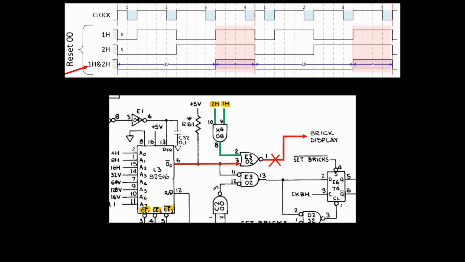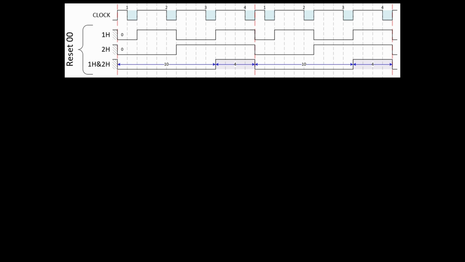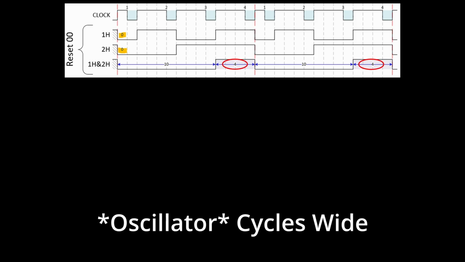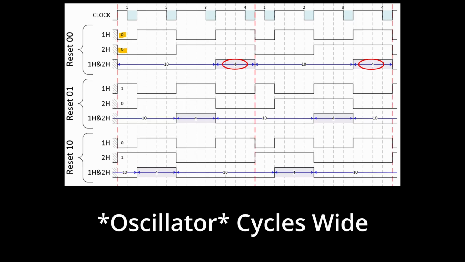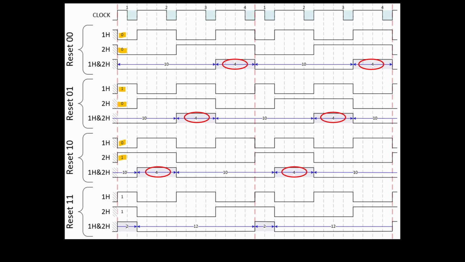The video counters have random values at power on, so the combination of 1 Henry and 2 Henry can start in 4 different states. I'll leave the clock waveform alone for reference and go through the rest. If both lines are low at this point, the counters make these transitions, and the combination of 1 Henry and 2 Henry is 4 clocks wide. The next 2 scenarios have the same result, 4 clocks wide. But in the last scenario, the combination is only 2 clocks wide. Whichever scenario occurs at startup stays like this until you power it off.